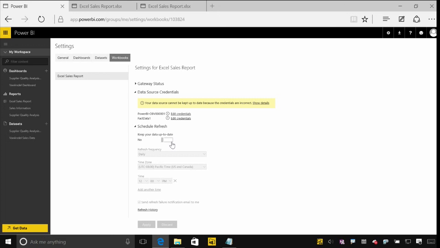And what that's actually doing is going over to OneDrive and saying, okay, OneDrive, we need you to go and refresh this Excel workbook. We need you to go and do the refresh as if it was just going through OneDrive, but it's Power BI that's managing it. Power BI that's managing the schedule, and Power BI that's storing the credentials and things that the refresh happens with. And again, you'll need the personal gateway set up if you're going to go and connect back to any on-premises sources through that Excel workbook.